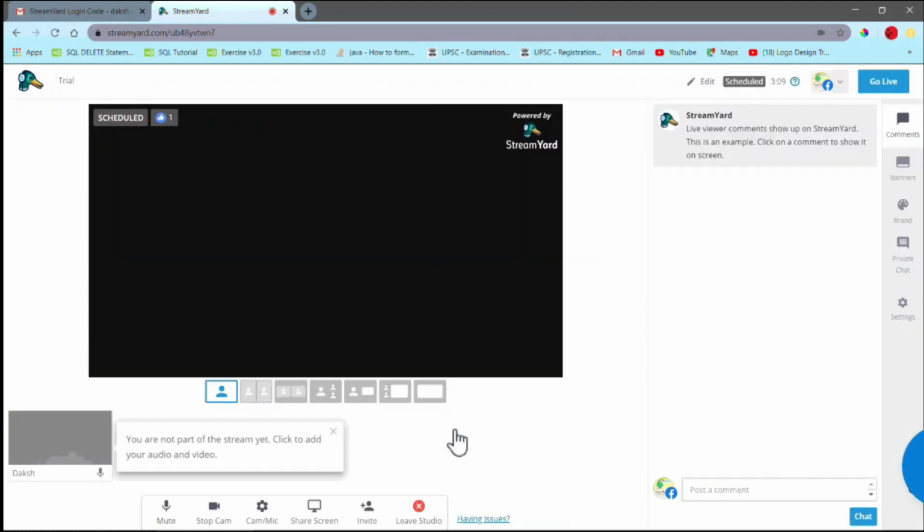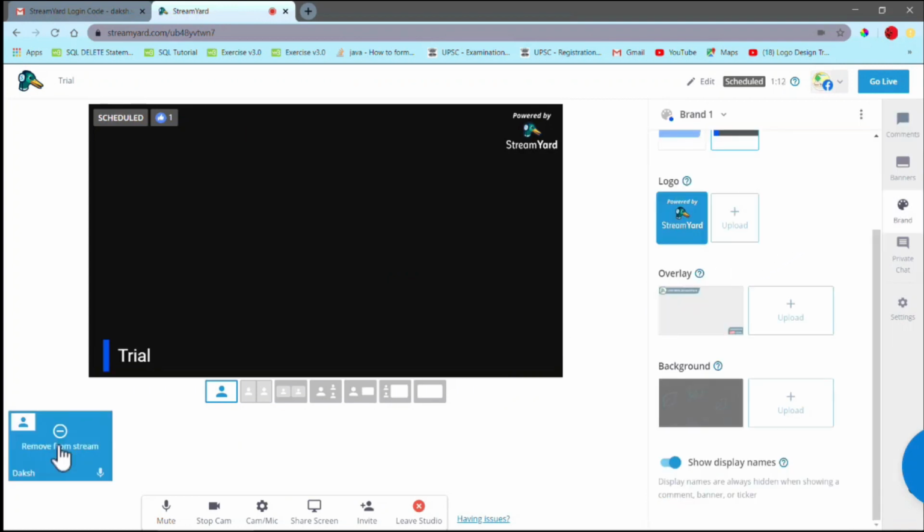When you enter the broadcast studio, you will see a page like this. Don't get stressed. This page looks messy, but I'm going to tell you each and everything about it so you don't make a mistake while going live. When you reach this page, you will still be on the backstage and all the panelists will be shown beside your screen.